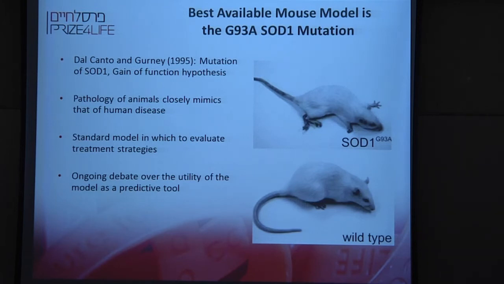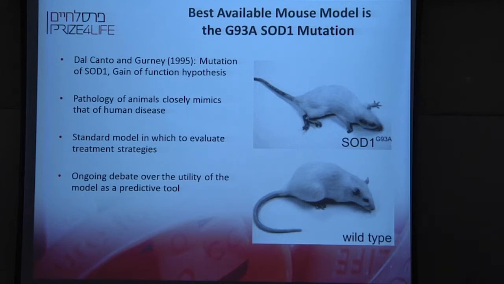One of the important things about identifying a mutation like the SOD1 mutation in ALS is that it enables you to develop a mouse model for a disease. In this case, a transgenic mouse model with the SOD1 mutation. The importance of a mouse model is that you can test treatments on it preclinically. You have an actual animal, as opposed to cells, on which you can test whether potential treatments for ALS work. For a mouse model to be useful, it has to mimic the disease fairly well.